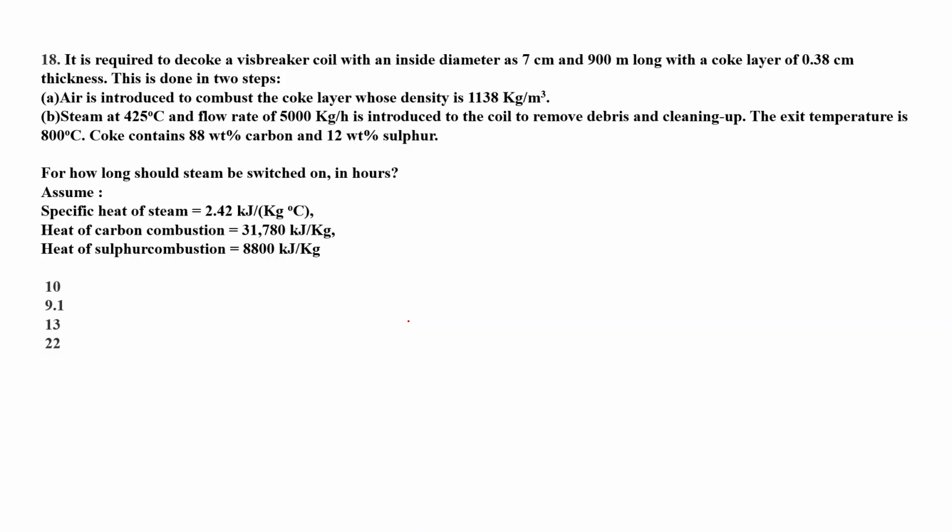So the length and the diameter of the coil are given, with a coke layer of 0.38 centimeter thickness. This is done in two steps. The air is introduced to combust the coke layer, whose density is 1138 kg per meter cube, and steam at 425 degrees C